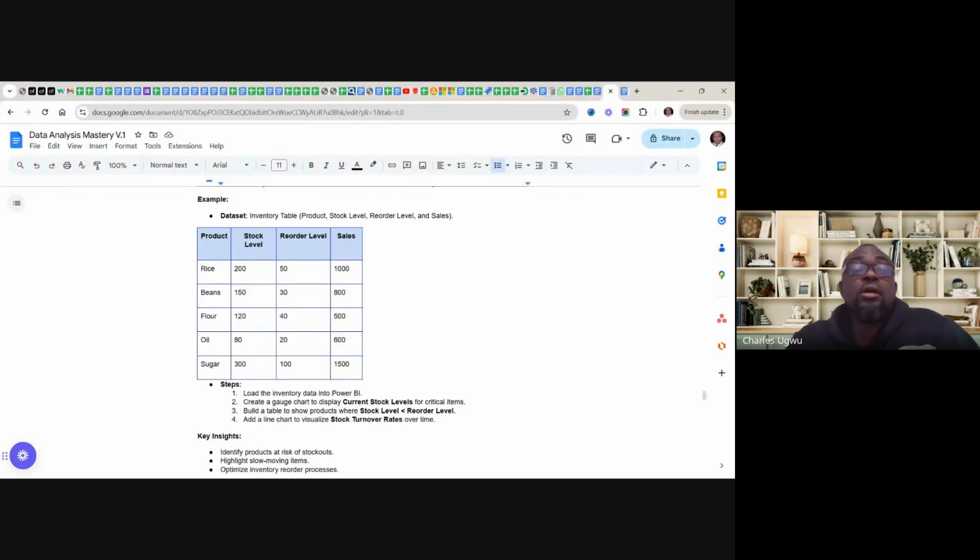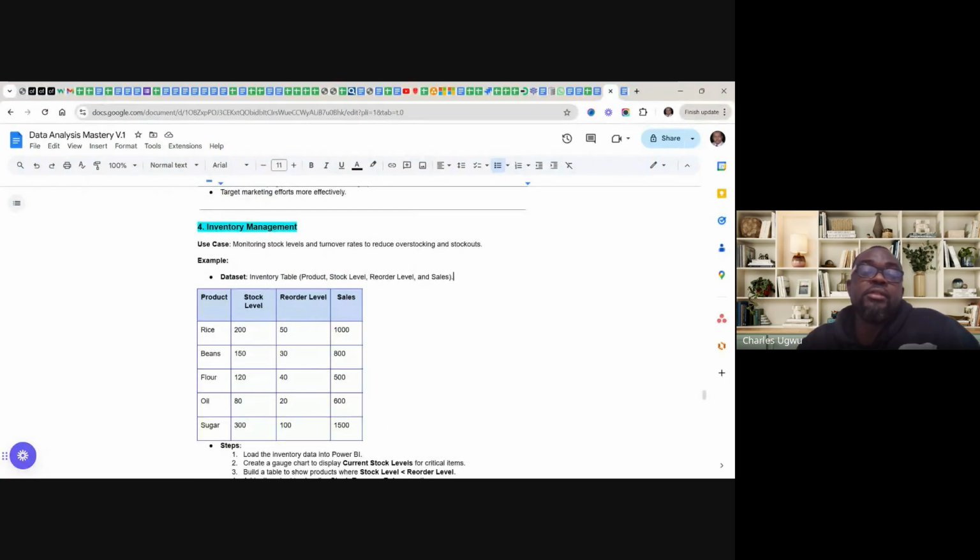So on inventory management, the way we can use Power BI is based on inventory data sets. The use case is monitoring stock level and turnover rate to reduce overstocking and stock outs. Okay, in clear terms, overstocking and stock out means that we need to monitor to make sure that